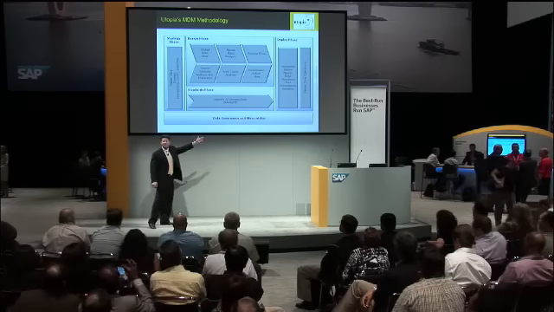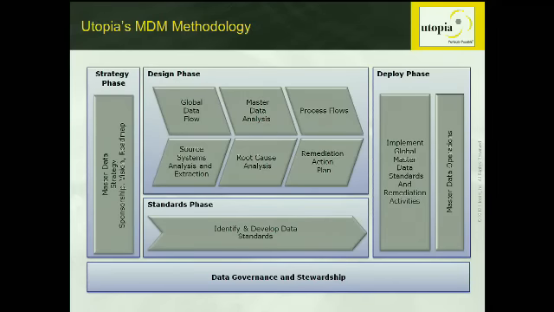Governance and stewardship has to be sustainable beyond just the event or the project. And we want to move from a project sense to a process sense. It's a change management exercise as much as an implementation. This dimension of standards, we talked about how critical it is to understand how your data is going to be represented and your blueprint. So again, if I'm going to build a house, I want a good architect. I want to align that architect with a vision of my dream house, and I want a good builder.